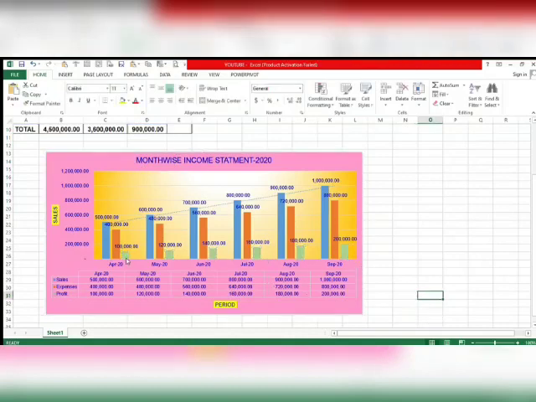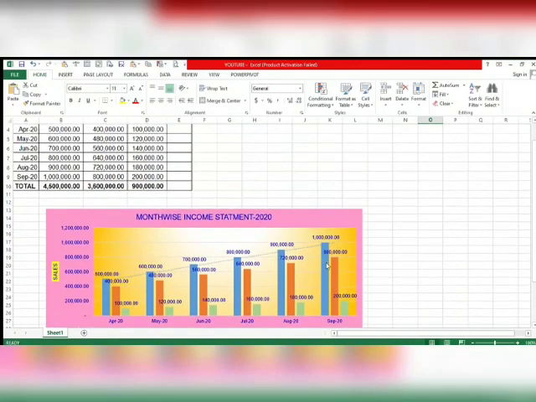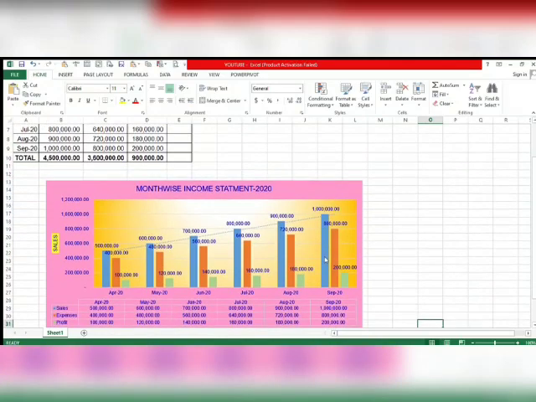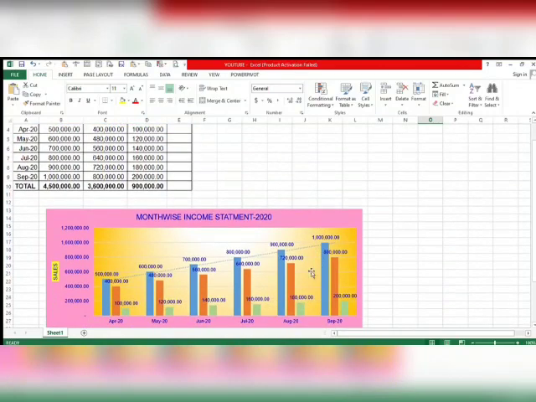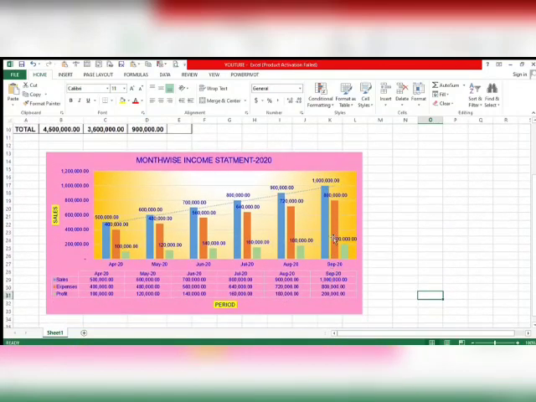Whenever we change the profit point to green, automatically this profit table also shows green. So we can understand this green is indicating profit, and this blue is indicating sales, like that. Whenever we are looking at the chart we can understand that the company's maximum expenses come to 8 lakhs. See, this is the September month, this is not 8 lakhs, yeah, this is 8 lakhs. Whenever comparing here we can see this point is showing 8 lakhs.